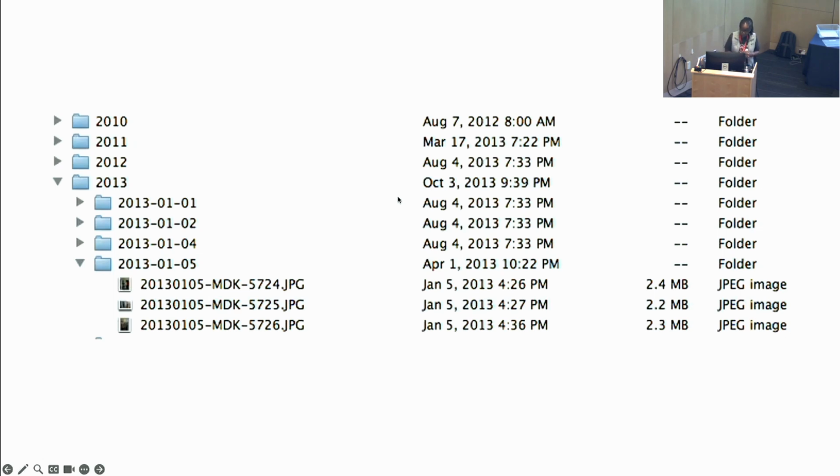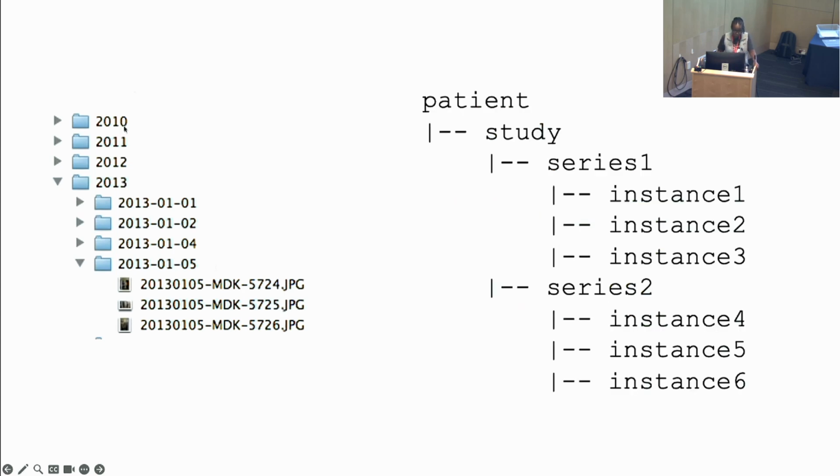And then if you're very obsessed and very meticulous about how you organize your medical images, not your medical, your normal life pictures, you may, for example, organize them in a parent folder that represents the year, then the month, and then you have subsets of the pictures. And in medical imaging, we have the same sort of organization. So you have a patient at the top, and then a patient can have multiple studies, and every study, this is super important